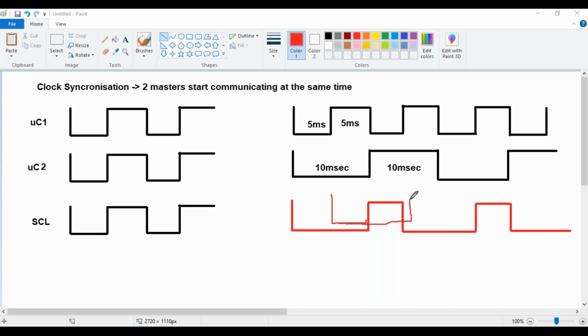Don't consider the logical, don't see it as the AND gate. You can expect it is not because of the AND gate. The synchronization is not the exact AND which is happening. The synchronization happens between the two clock pulses when they are being generated by two different masters. Okay,